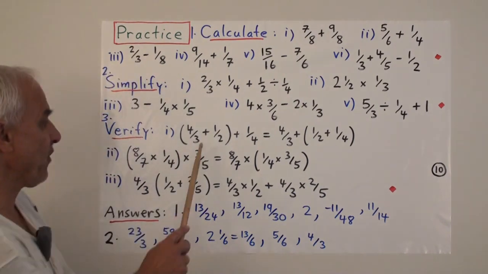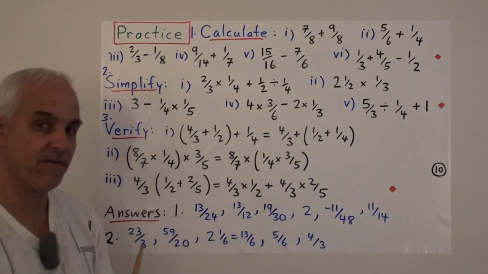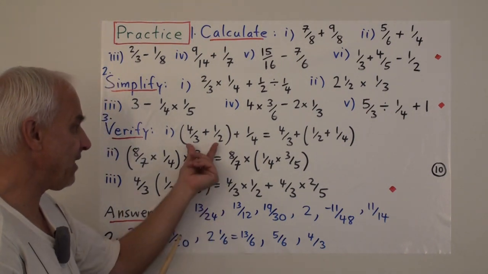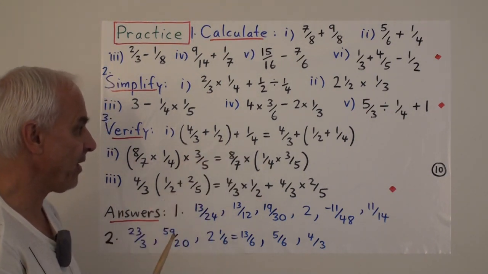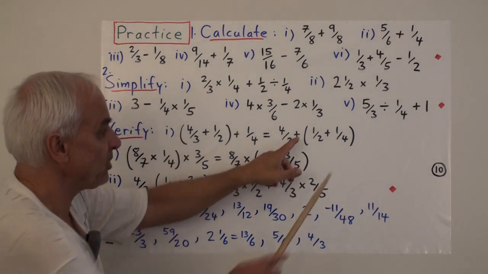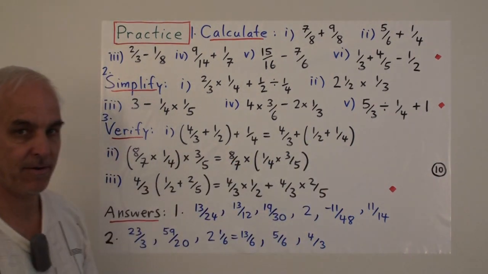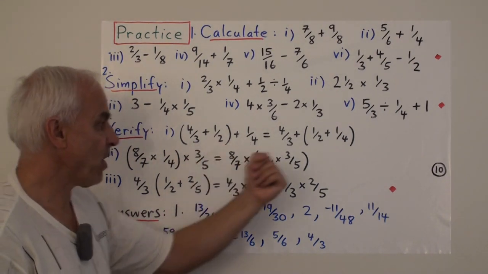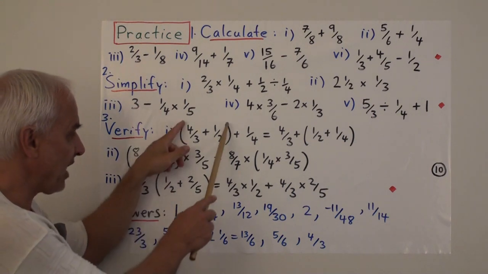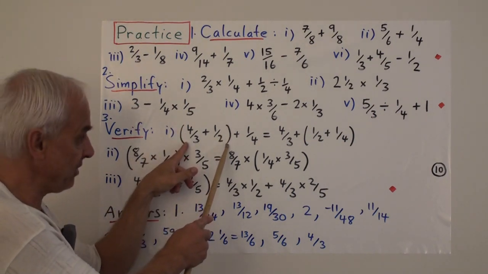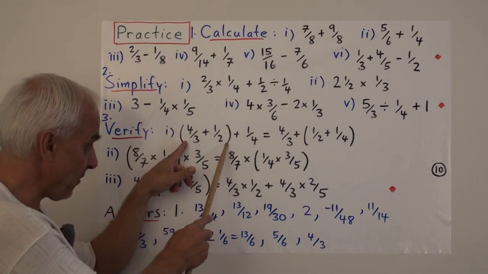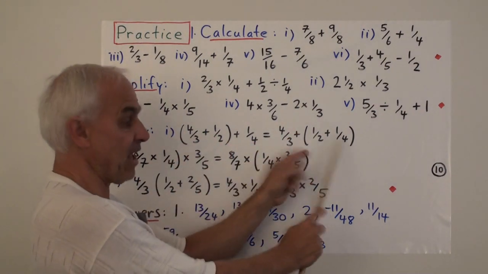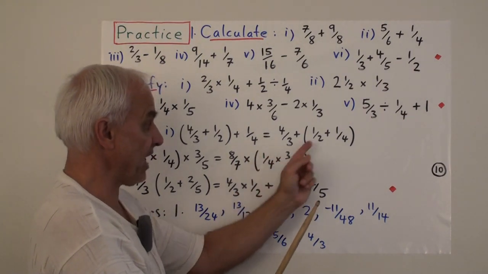Okay. So here, for example, is the associative law of addition. There's 3 fractions, and I'm saying, well, if you add these 2 first and then add the third one, that's the same as adding the first one to the sum of the second and third. But when you calculate this, it's quite different from calculating this, because you have to calculate the sum of these 2 first, and then whatever you get from this one, you have to add it to 1/4. Well, over here, you're going to have to make this calculation first, and then take 4/3 and add it to that.